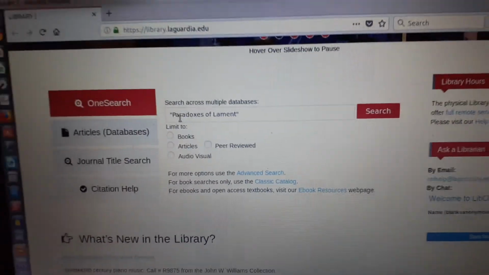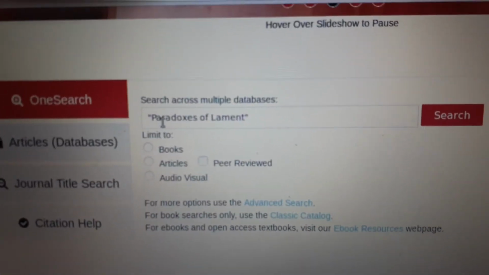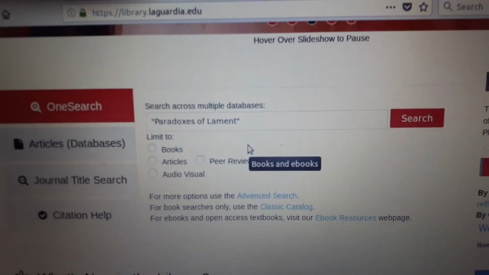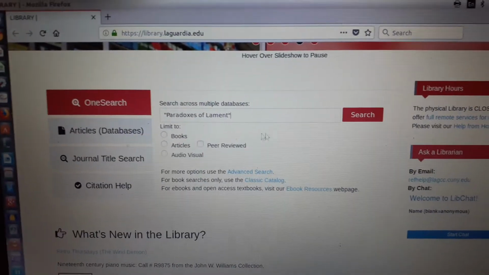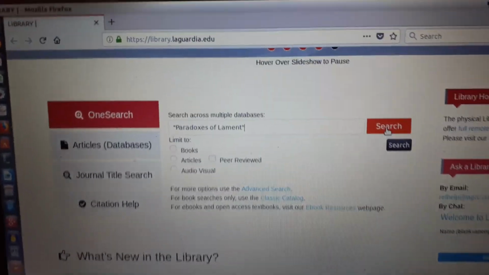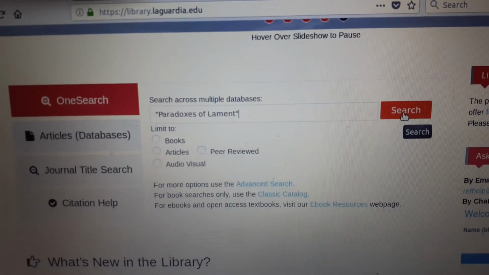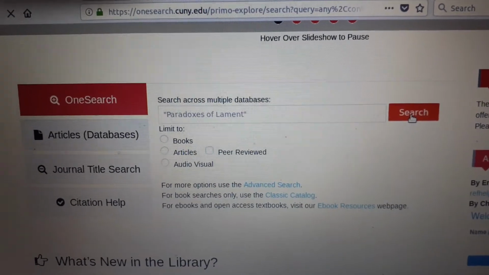Let's say a professor says, find this article, and you don't really know where to go about finding it. Put in that quote, or find anything by a certain author. Put that author's name in the OneSearch field, and then click away, and this will give you the results as well. So if you have no idea where to begin, OneSearch isn't a terrible way to start. However, if it's specific to databases, and this is something to keep in mind for today's activity, then you would want to use the articles and databases A through Z